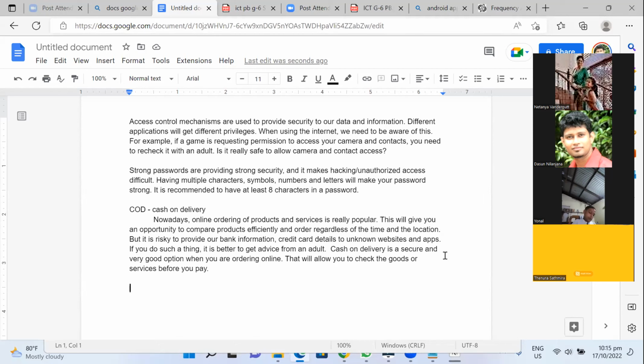One thing, when you are doing online ordering, and not just that, when you get emails, when you're opening emails, please consider the attachments and the emails. Sometimes there can be viruses. Don't open the links. Sometimes you share links in groups, WhatsApp groups, saying a miracle will happen when you click on this link, or you will get a reload. Time to time you get such messages, but don't believe that. Most of these are scams, fake things, right?